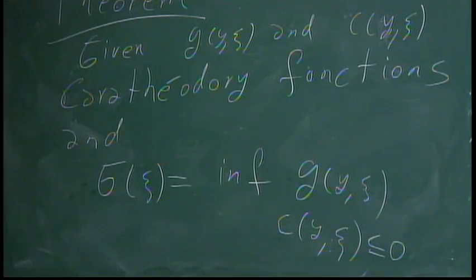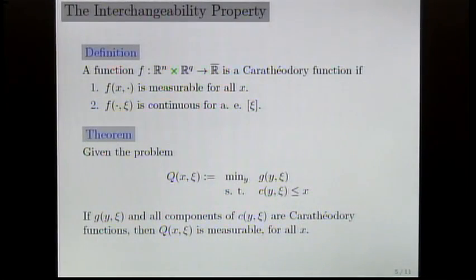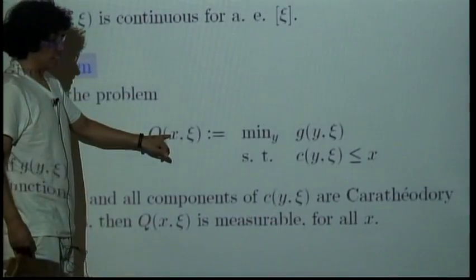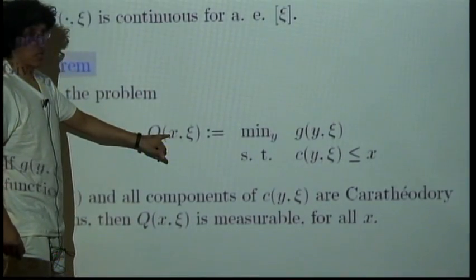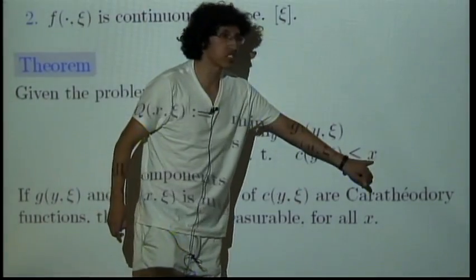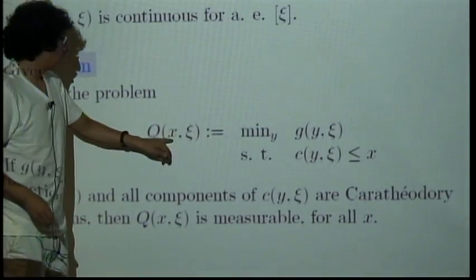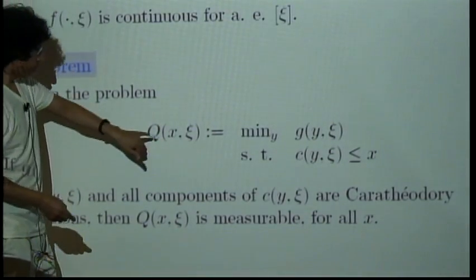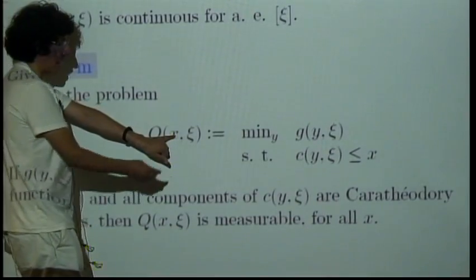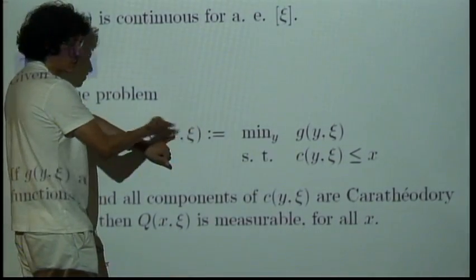Here? Yes, because, why not? Your C does not depend on X. Oh, no, but x is fixed. X is fixed. So there's no problem. Here you can plug 0. There's no difference. Because for a fixed x, what you fix is x, and then you have a function that depends on